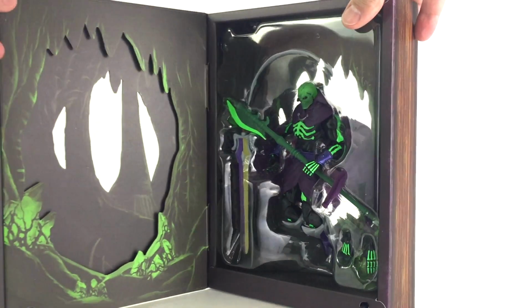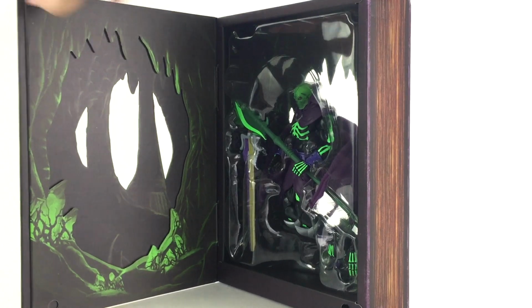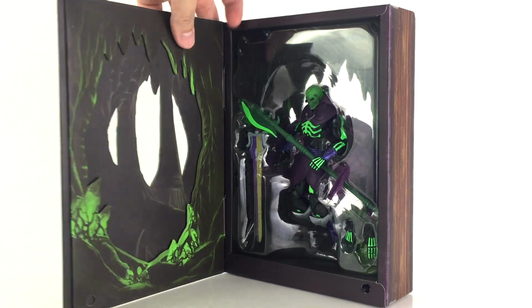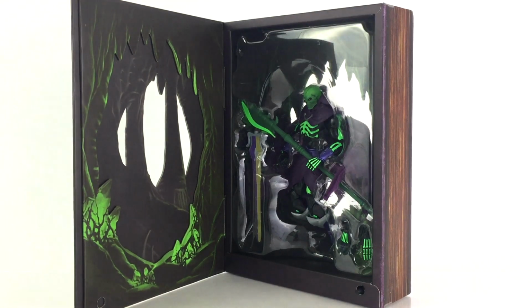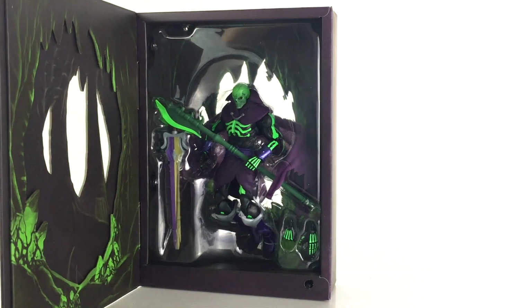Opening up the book, you see this cave type artwork that is just really phenomenally done. This is as far as you can open the book. It doesn't open any more than that. The book has all those great details there, and you see Scareglow on the other side,